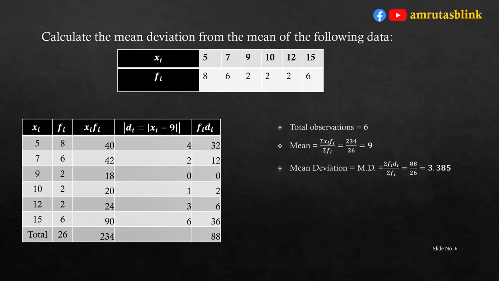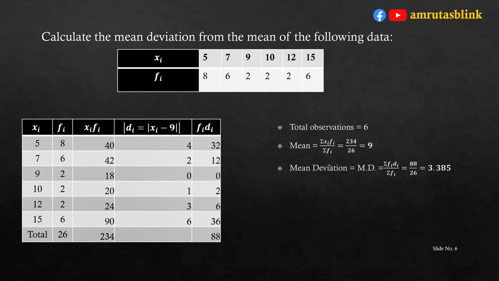Now, what is the formula for mean deviation? Mean deviation is summation of fi into di upon summation fi. So, we need to find out the product of frequency and deviation. So, in the fifth column we will write down the product of column 2 and column 4, that is fi into di. So, 8 into 4 is 32, 6 into 2 is 12, 2 into 0 is 0, 2 into 1 is 2,